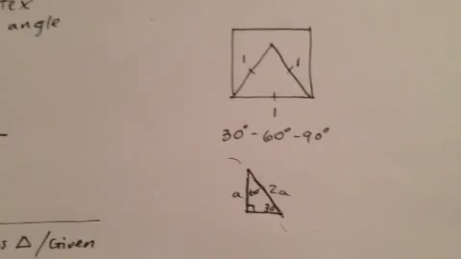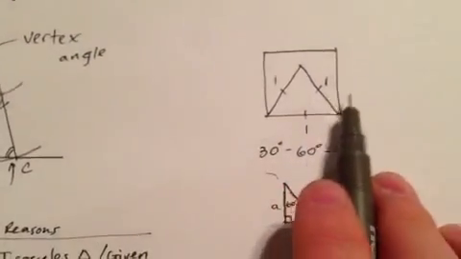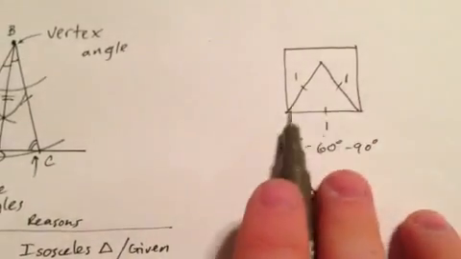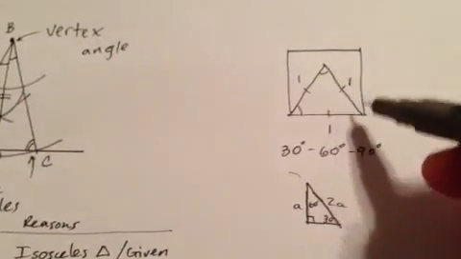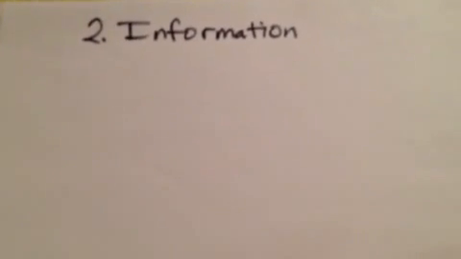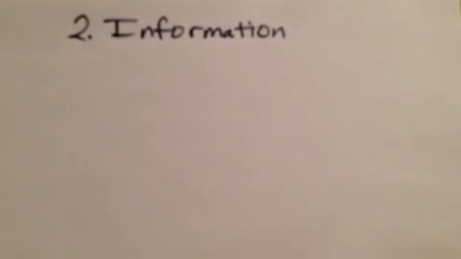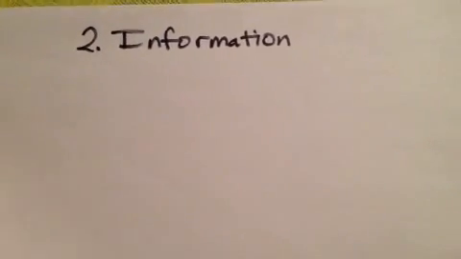So let's look at what we did in class. What you should have noticed about the equilateral triangle is not only are all the sides equal, but the angles will also be equal. And we'll talk about that right now. Okay, so some information that you need to know from the isosceles triangle investigation that we did, the exploration we did on the isosceles triangle,